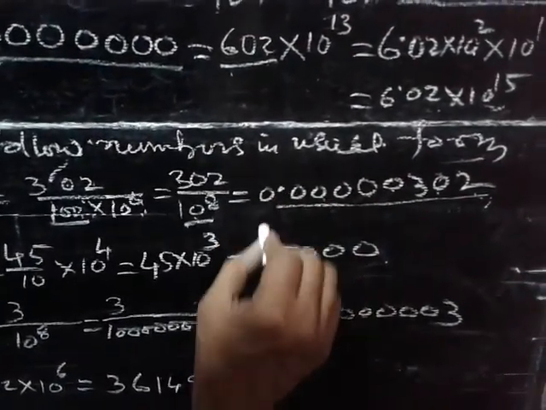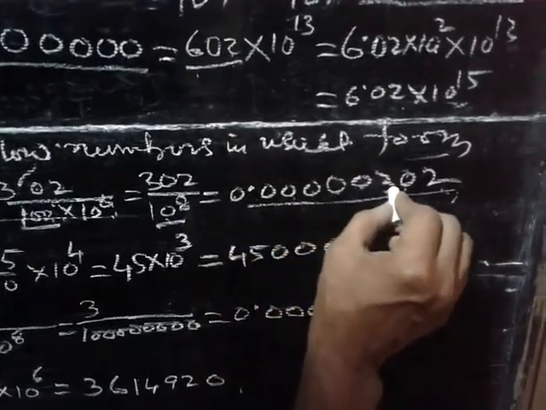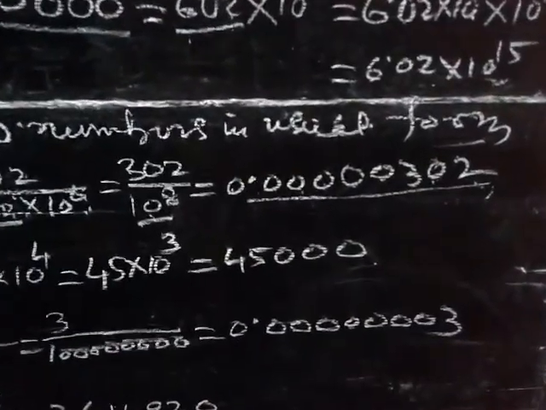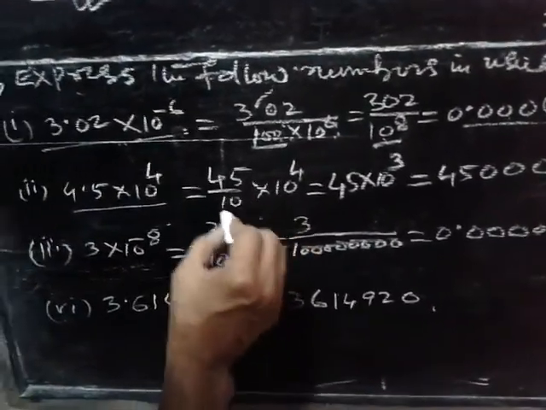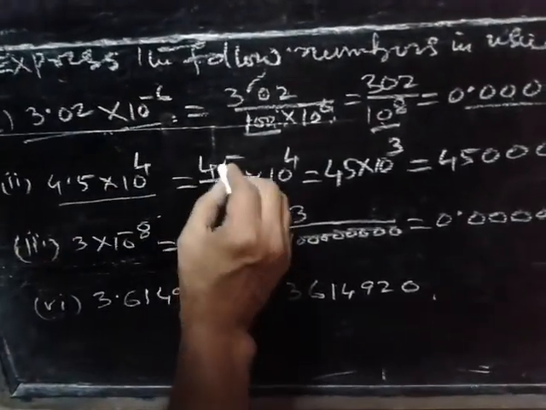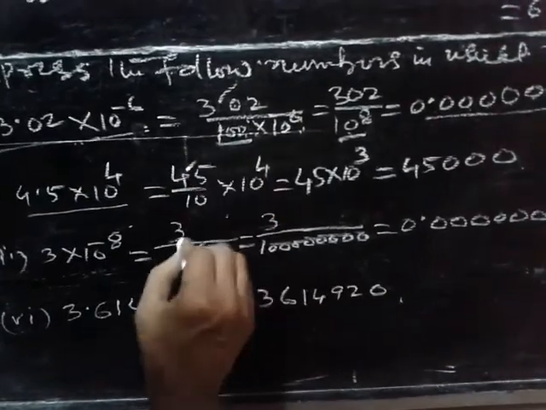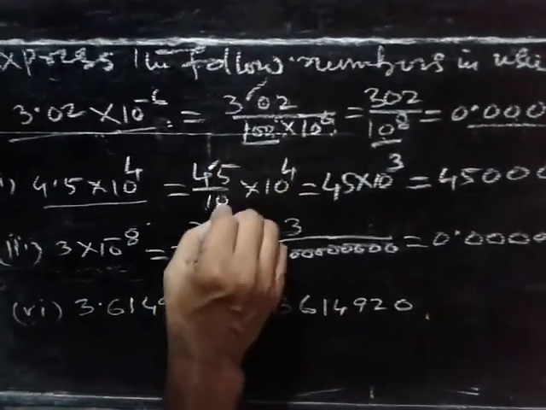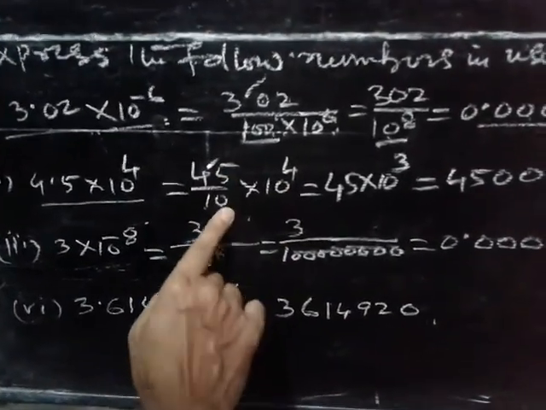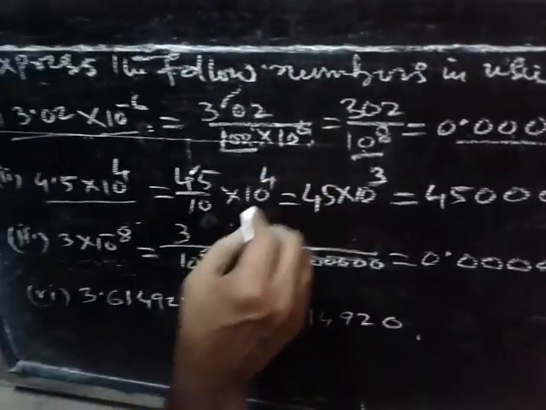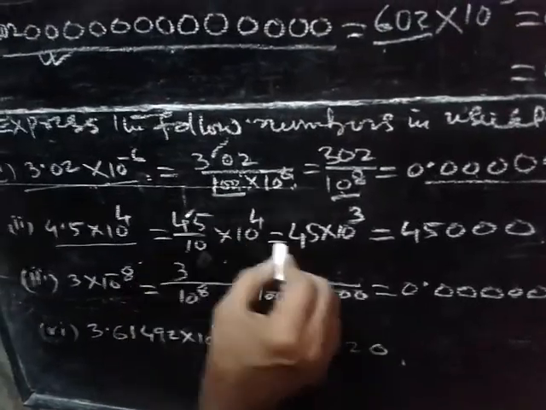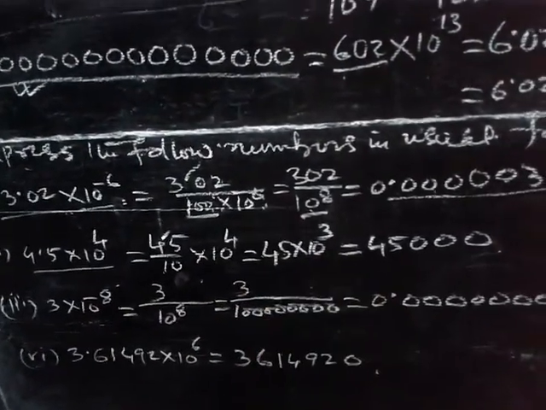So it is coming 0.0000302. In this way, this standard form can also be converted like this. That is 4.5, here the point was there, the point is cut off and 1 has come, and this is actually coming 1 digit, that is 10. So it will be divided, that is minus 4 minus 1 equal to 3. So 4.445 into 10 to the power 3 is actually